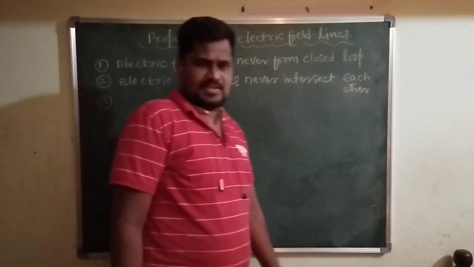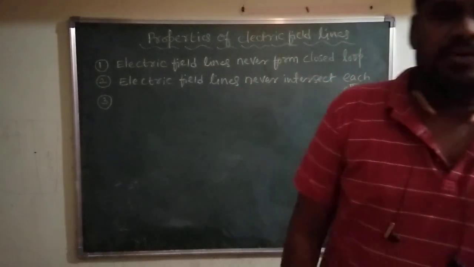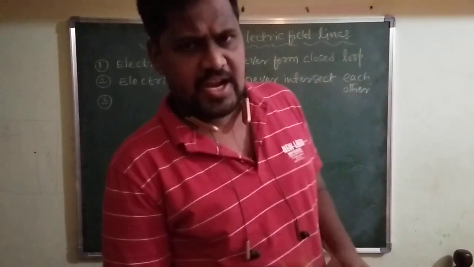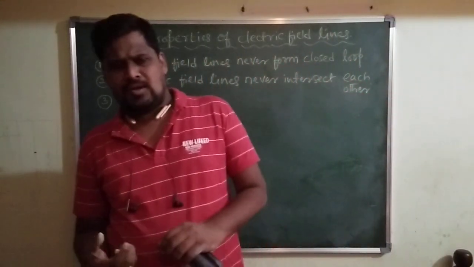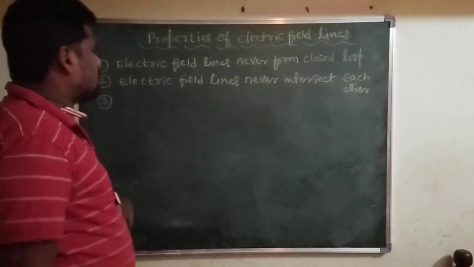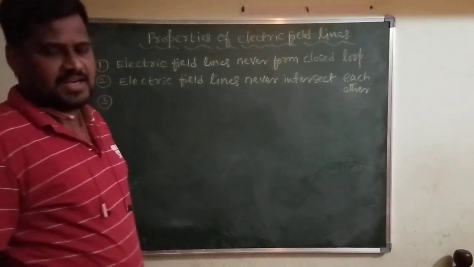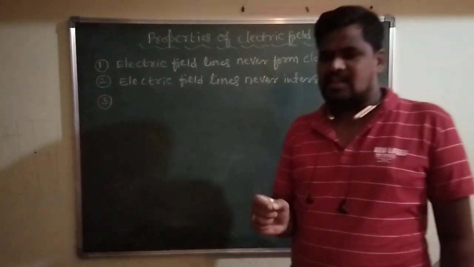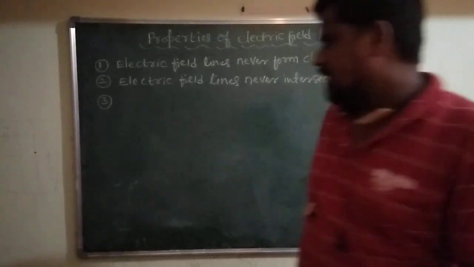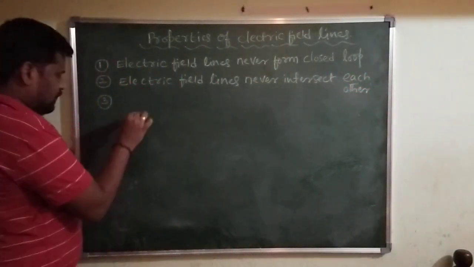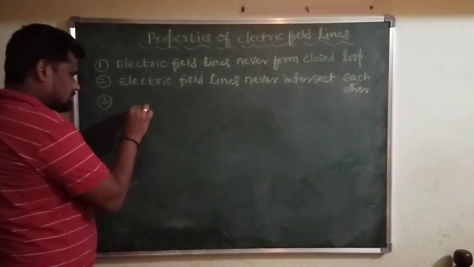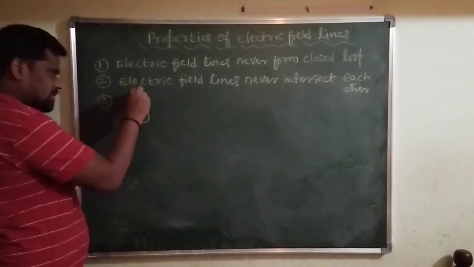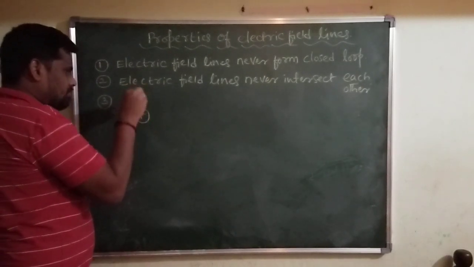Electric field lines may be straight or else they may be curved. If electric field lines around a charge are straight lines, that straight line itself indicates the direction of what? Electric field. For example, if you consider a single point charge, how do you draw electric field lines for a single positive charge? This is the diagram.